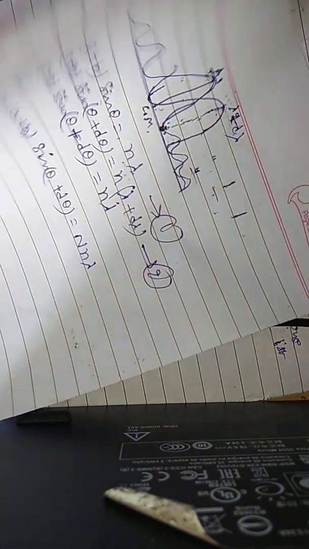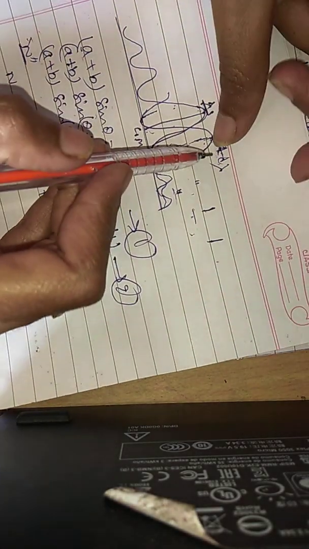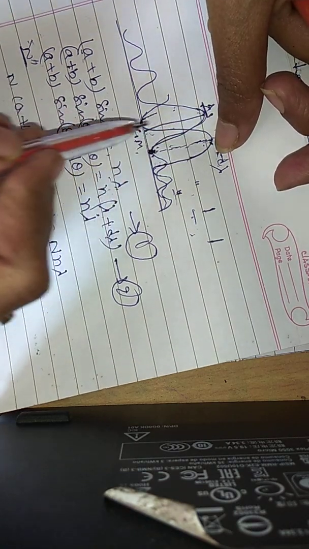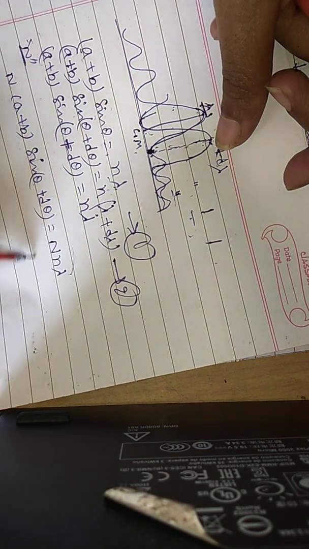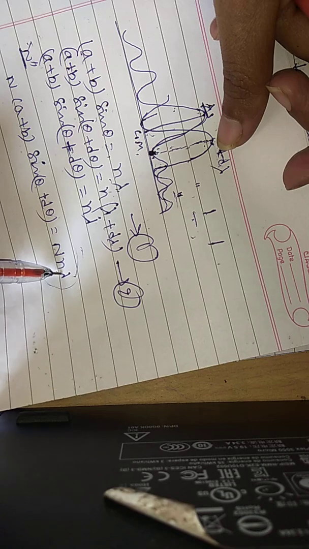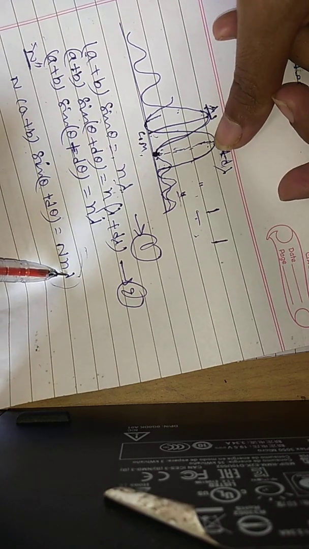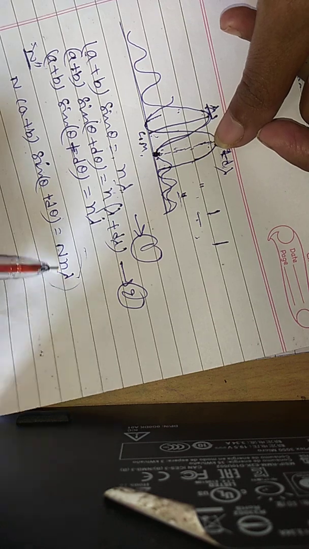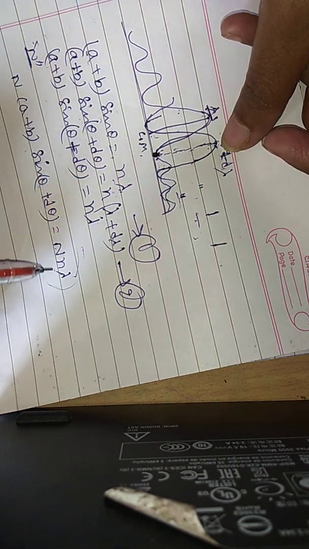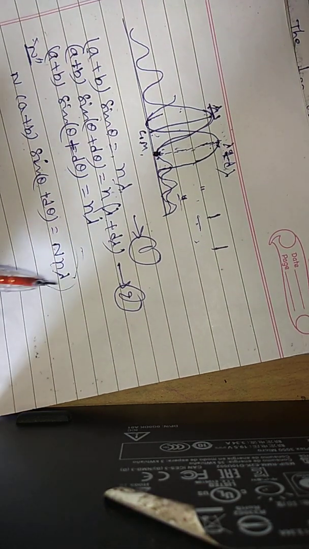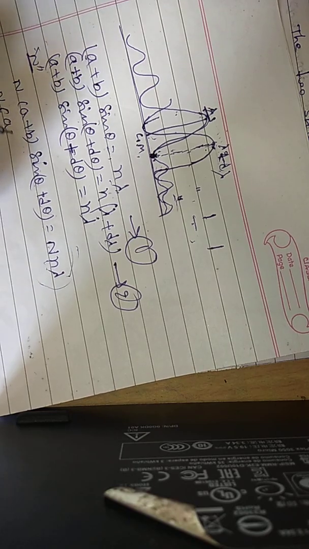(n a plus b) sin theta plus d theta is equal to n lambda. So now here we can observe that the central maxima coincides with the first minima of the wavelength lambda. So rearranging this equation, n lambda represents the minima equation, but here it coincides with the central maxima for the first minima. So therefore it is adding or subtracting by one value, n.